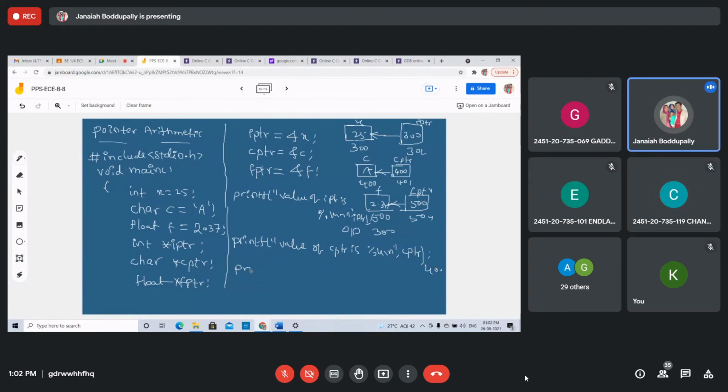Next printf: value of FPTR is percentile U \n, then FPTR displaying. What is the output? 500. This is the address of F, 500. Here also IPTR is the address of X, 300. CPTR is the address of A, 400, like this.